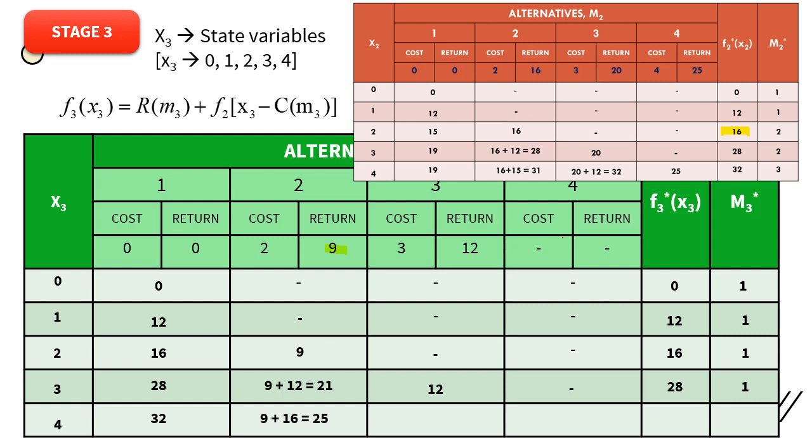Next, if I spend 3 crores in this, you will get a return of 12. And if I spend 1 crore in your previous plant, you will get a return of another 12. So it is 12 plus 12, 24. I can't spend the 4 crore for this thing, so it will be 0. So the best is 32, which comes at the first alternative.